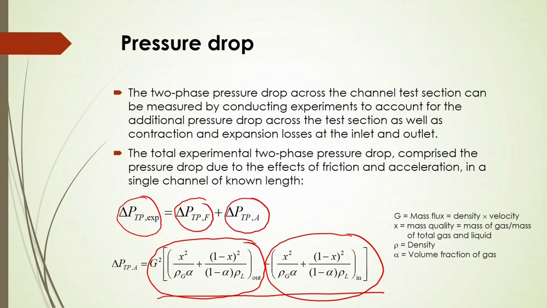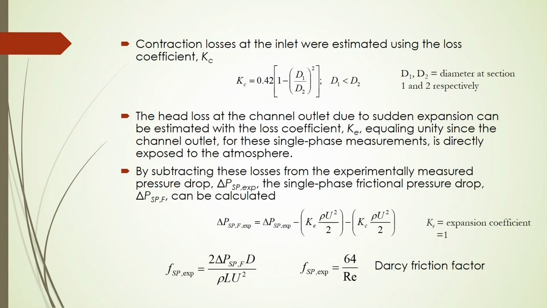So, by this equation you can calculate the additional pressure drop due to that contraction and expansion losses. Now, contraction losses at the inlet are estimated using the loss coefficient Kc, which will be equal to 0.42 into (1 minus d1 by d2) whole square, where d1 should be less than d2. In this case, d1 and d2 are the diameters at sections 1 and 2 respectively. So, this head loss, or the contraction losses at the inlet, can be calculated by this equation,